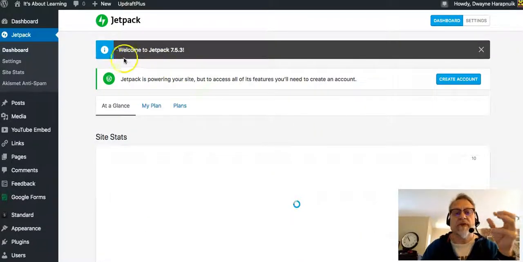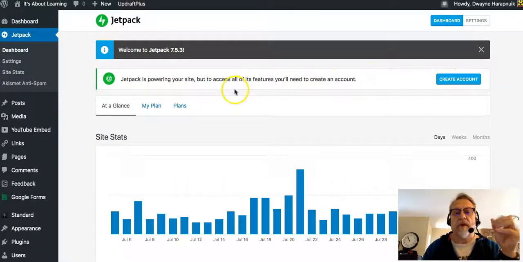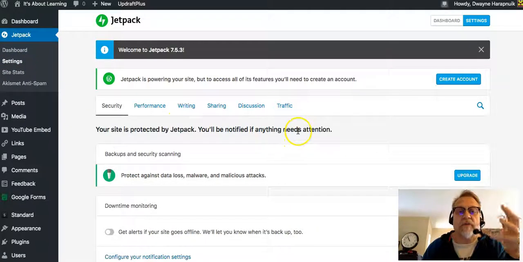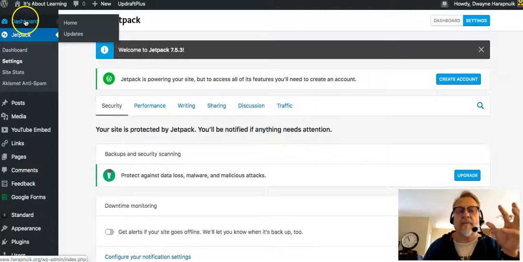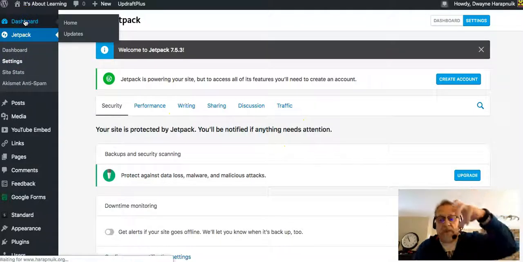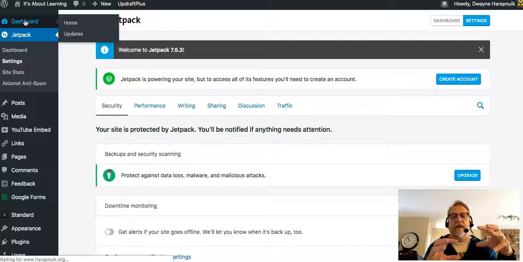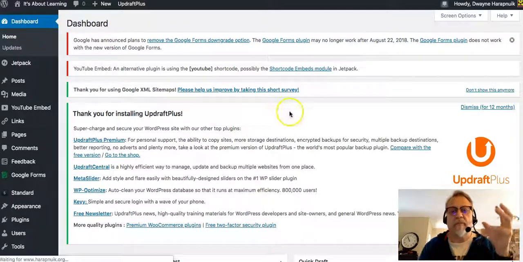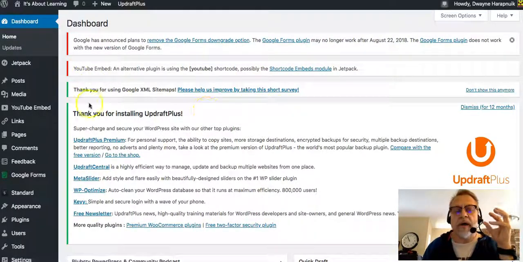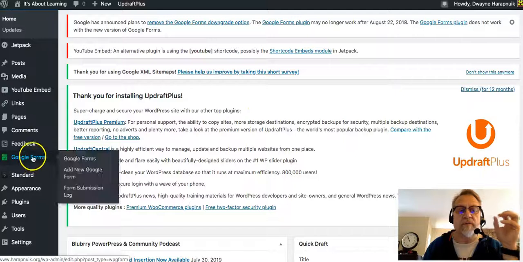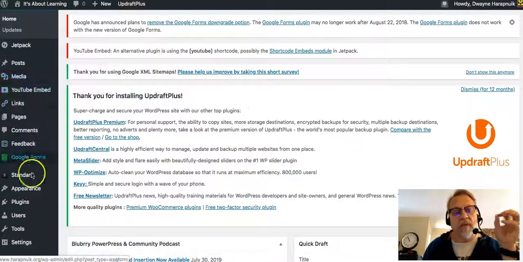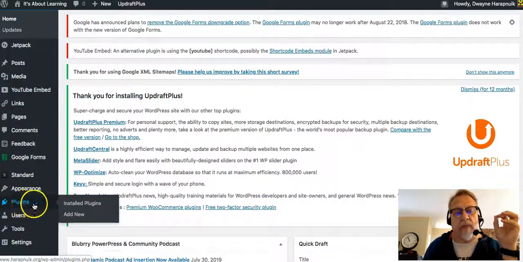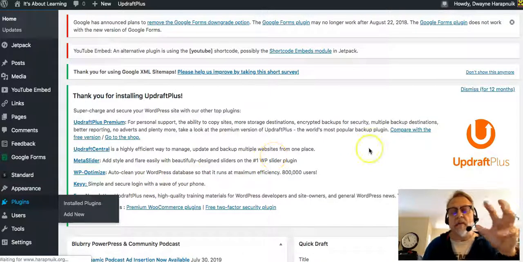There's a lot of functionality that you can turn on, and it's all controlled through this Jetpack dashboard. Jetpack offers a lot of functionality that had been offered by plugins, so there's a lot of things that can be done through Jetpack that we used to do with plugins. And so when I look at the plugins that I have now, I'm also going to point to one of the